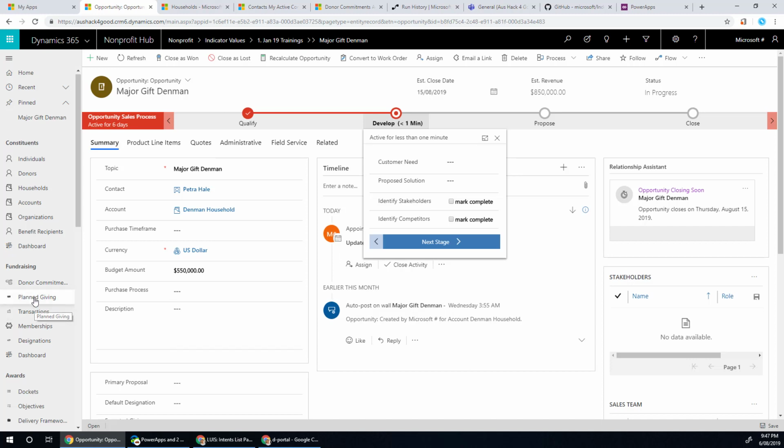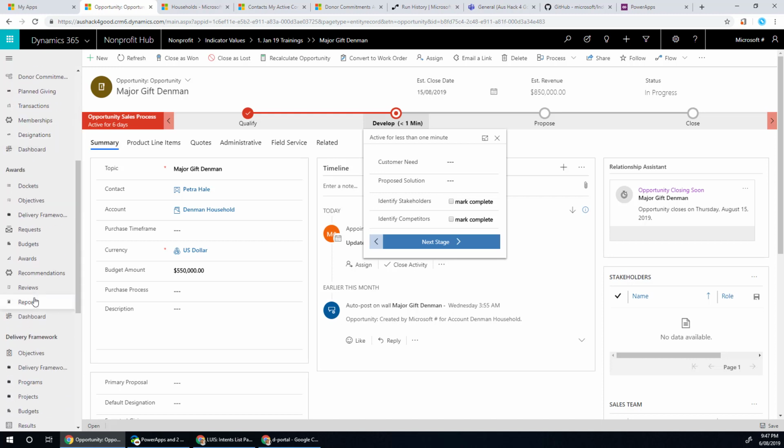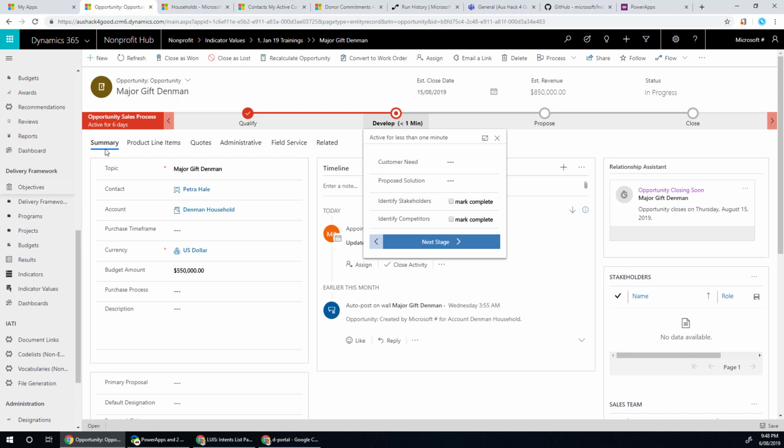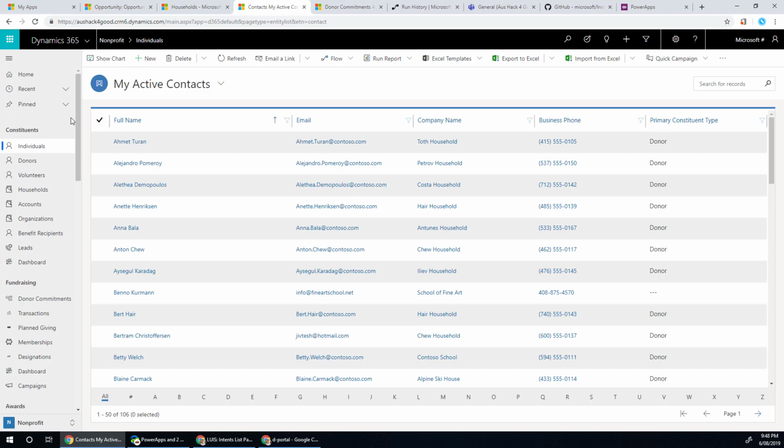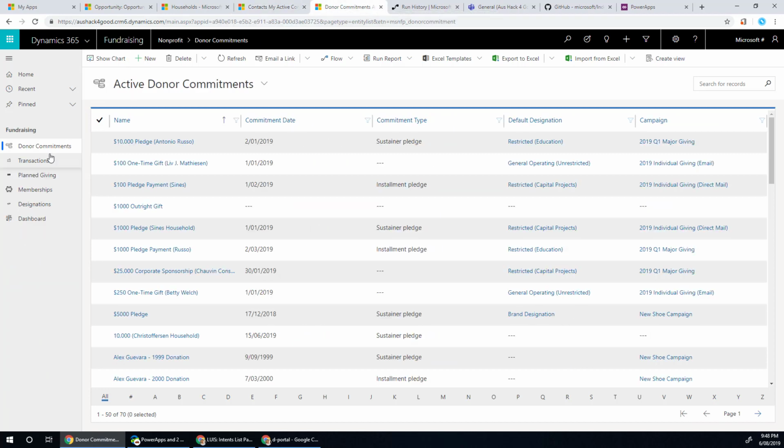So I'll switch over to some of the other sample apps that we provide. So this is like a subset of the constituent apps. If an individual is just managing constituents, they have access to information around constituents. If someone is managing fundraising, they only have access to the fundraising capabilities in the fundraising sample app. So just making it easy. The goal is to, number one, provide that industry standard around nonprofits, but then also make it easy to reduce the cost to implement a system like this.